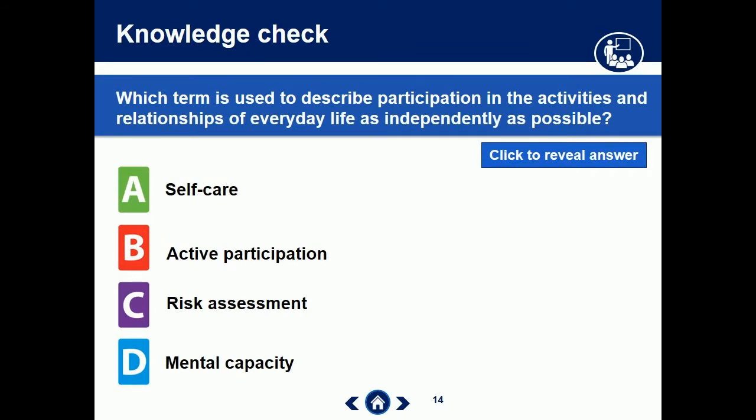Trainer should ask class why they chose the correct answer. Feedback. A. Self-care is the term used to describe ways of working that support individuals to develop the skills to live more independently. B. Active participation builds self-esteem and identity by working in ways that give them equality of opportunity